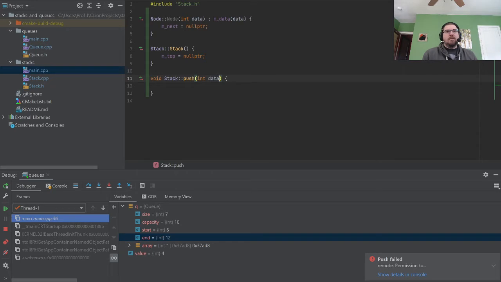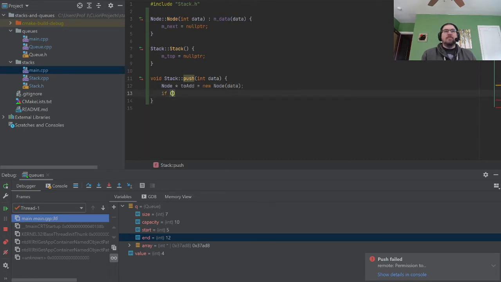This will be data. And then what I'm going to do is make a new node pointer toAdd equals new node data.